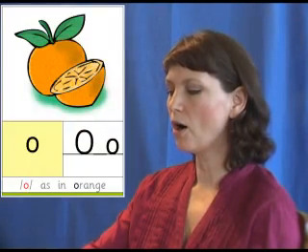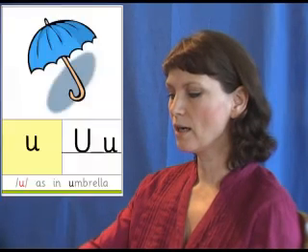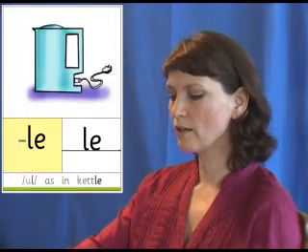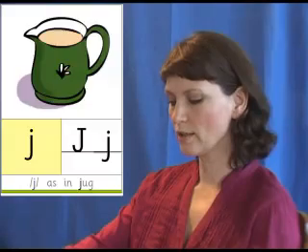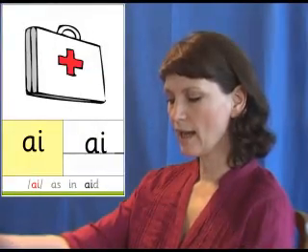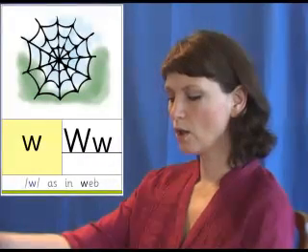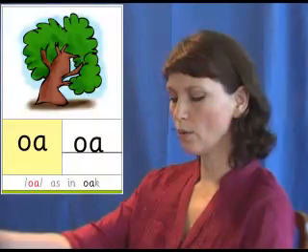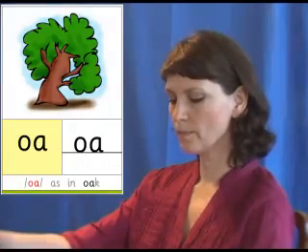Girl. Orange. Umbrella. Ladder. Kettle. Feathers. Bat. Jug. Yawn. Aid. Web. Oak. The next sounds I'm going to say aren't the first sound of the exemplar words, so you need to